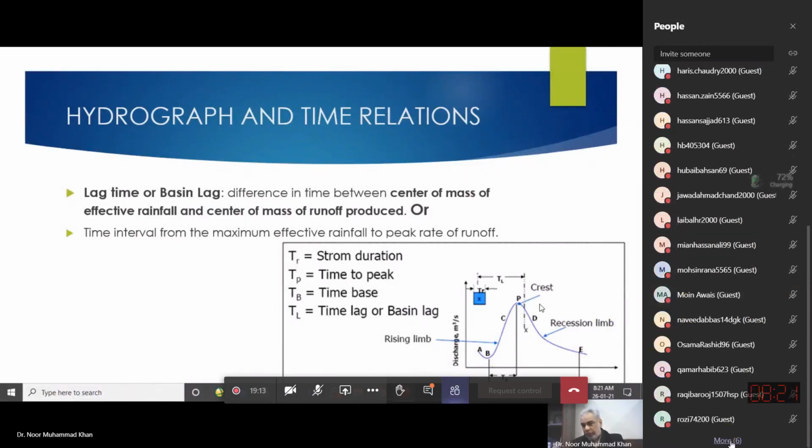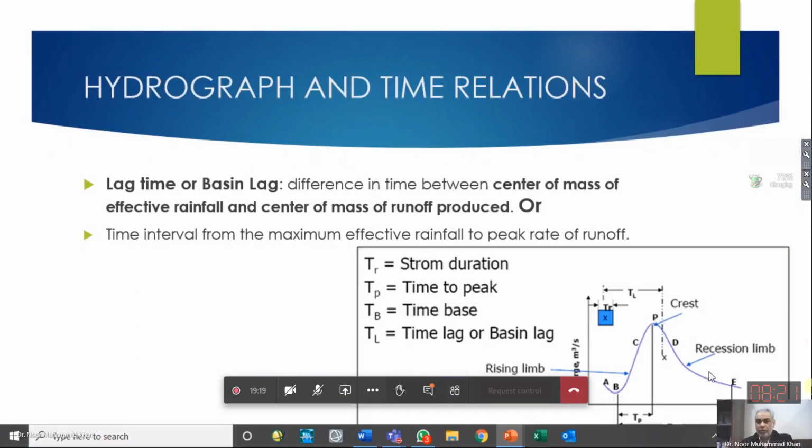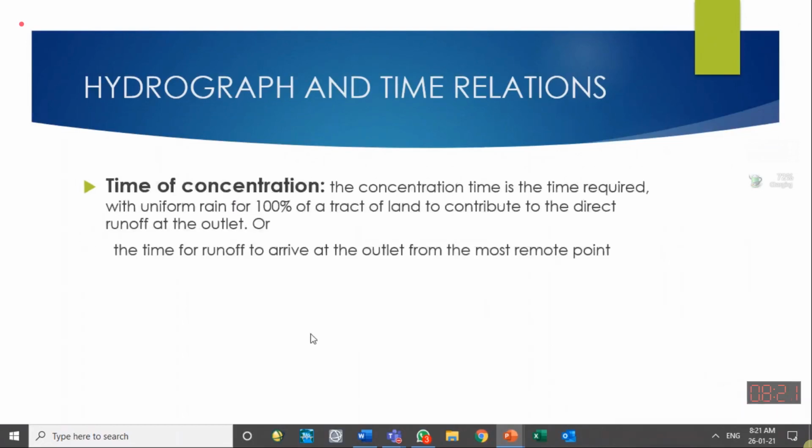From the peak point P, we calculate N, so that is the number of days we go ahead. Over here we select wherever that number of days is, on the recession limb, the point after N days from the peak. If this point is selected, we join a line from B to that point. Let us say the point selected is somewhere here and we name it F. Then B to F will be the line showing the separation between base flow and direct runoff. Anything below the line will be base flow, anything above that line will be DRO, direct runoff. So it is an easy method.